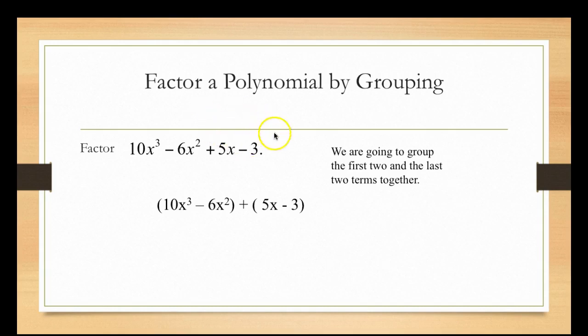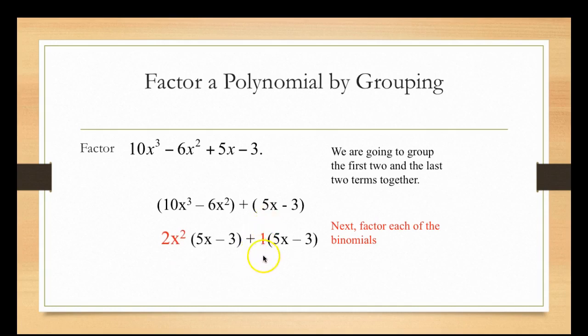Looking at our first set of parentheses, we can factor out a 2 from the coefficients and an x squared from the x terms. In the next set of parentheses, it seems as if we can factor out nothing, but you can always factor out a 1. So in this case, we factor out a 1. You never want to say factor out 0. So when I factor out a 2x squared from the first set of parentheses and a 1 from the second set of parentheses,